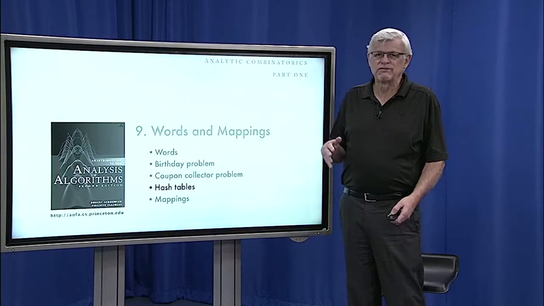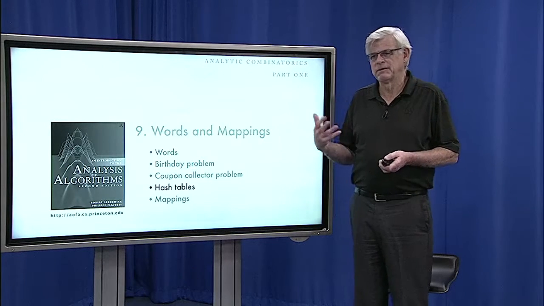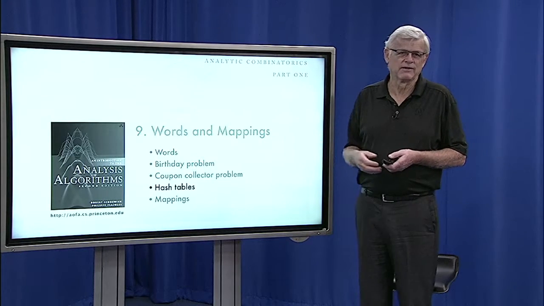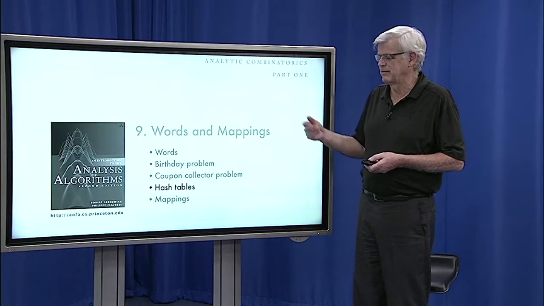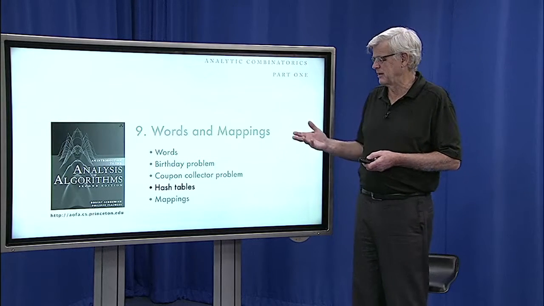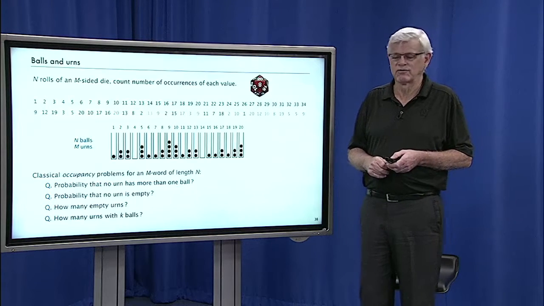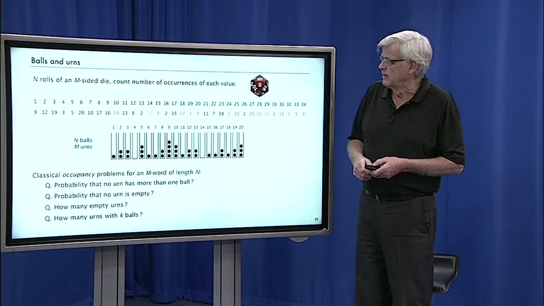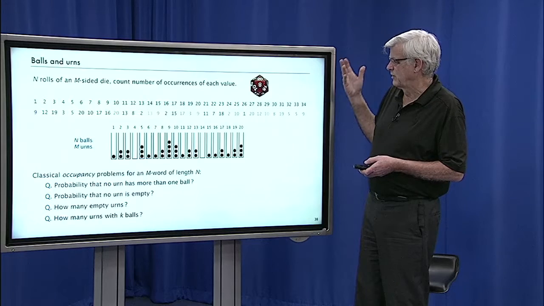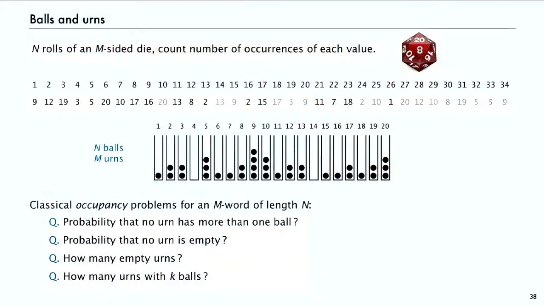I just want to briefly discuss hash tables because they're quite closely related to words and balls and urns problems, but I won't spend a lot of time in lecture on it. There's more information in the book. We talked just briefly about the balls and urns model, and of course this is very heavily studied in classical